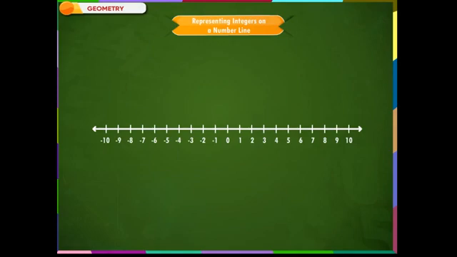Example 2. Draw a number line and mark on it the integer which is 3 less than -7. Solution. Draw a number line. Mark -7. We are asked to mark the integer which is 3 less than -7. We know that the value of integers decreases as we move towards left on a number line. So, we move 3 steps towards left of -7. That is, -8, -9 and -10. Therefore, 3 less than -7 is -10.